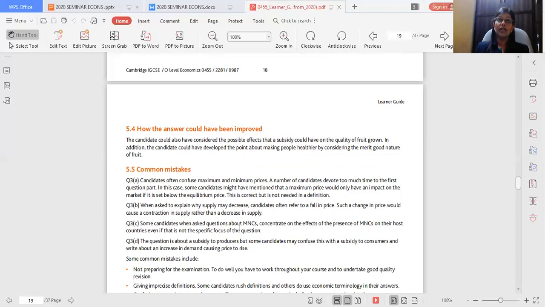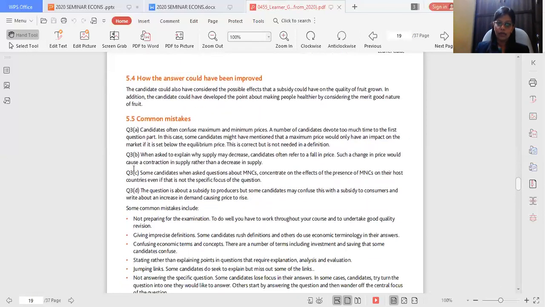Just tell me the definition and also one example. Finish. Alright? So if you go to 3B, when asked to explain why supply may decrease, candidates often refer to